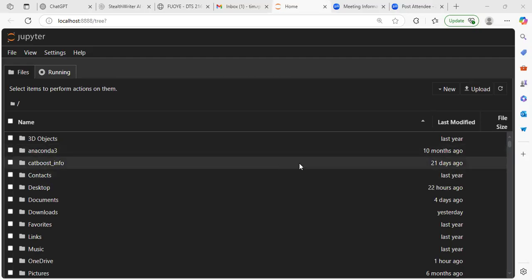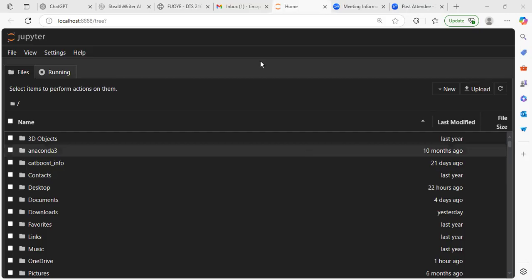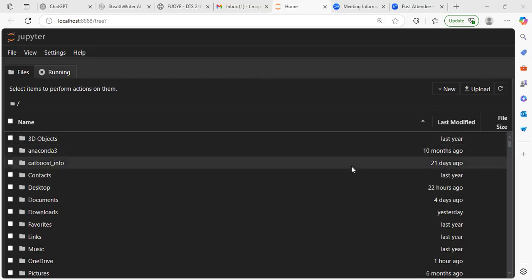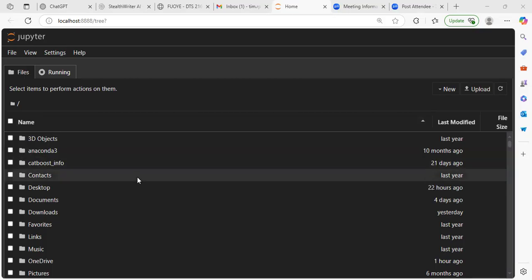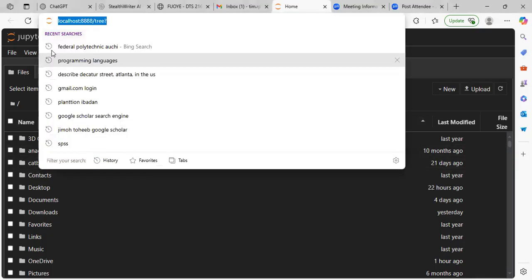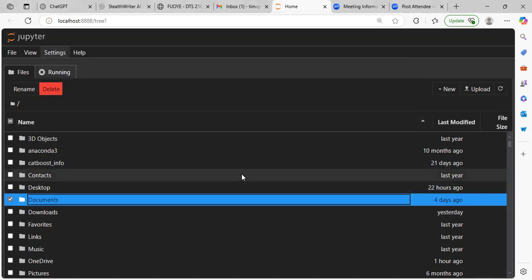If you have access to your computer, just go to your system and click on Jupyter Notebook. This page will display for you. It will take you online, but that online is local online. So after displaying this page,